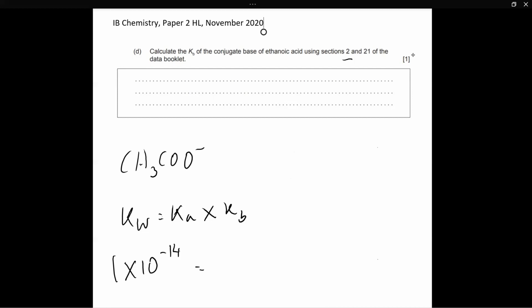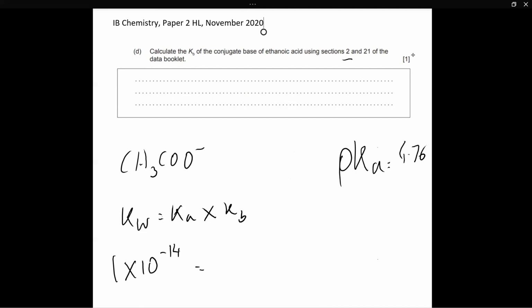Now, we found Kw, we need to find out what Ka is, because if we know what Ka and Kw are, we can easily find out what Kb is, right? Because we just have to take this to the other side and we'll find out what Kb is. Now, what is Ka? Well, in order to find out Ka, like I said, flip to section 21, and on the very first page, under carboxylic acids, you'll see ethanoic acid, and it has a pKa of